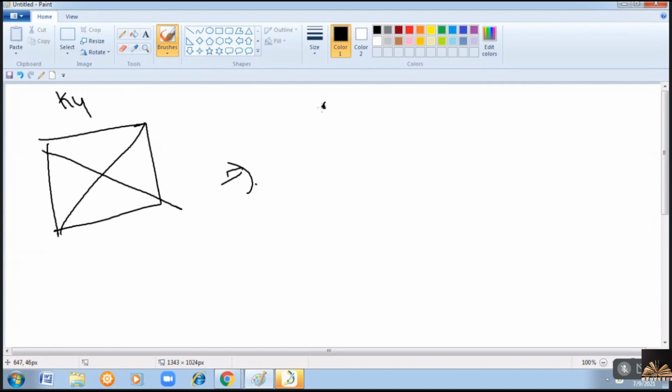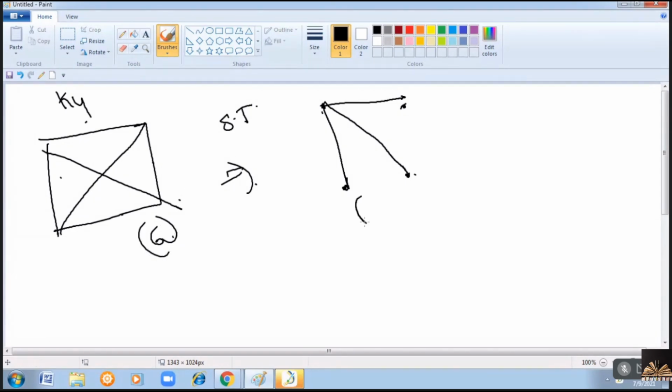Now I can get a spanning tree from this complete graph. Spanning tree means all the 4 vertices should be there. You can connect these 4 vertices as you wish. Here there were a total of 6 edges, but you may not require 6 edges. With only 3 edges, I have connected these 4 vertices. Therefore, I can call it one spanning tree.